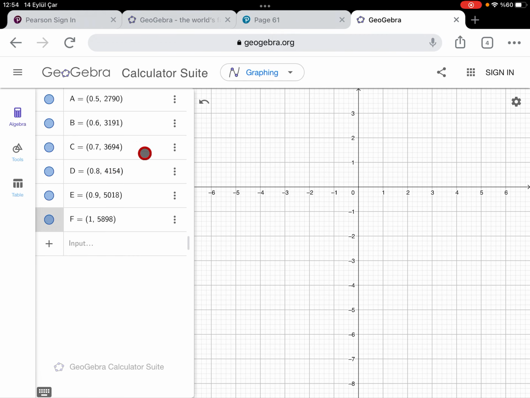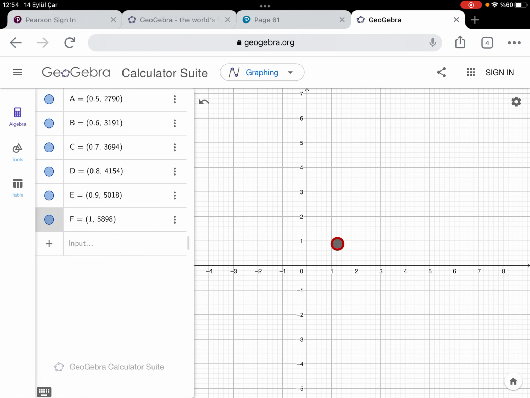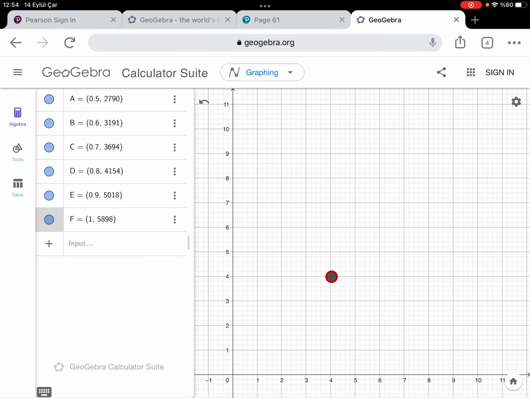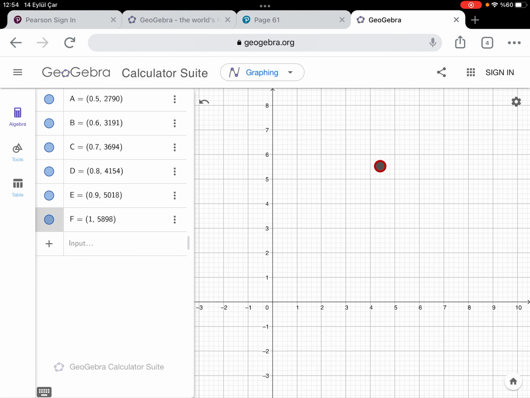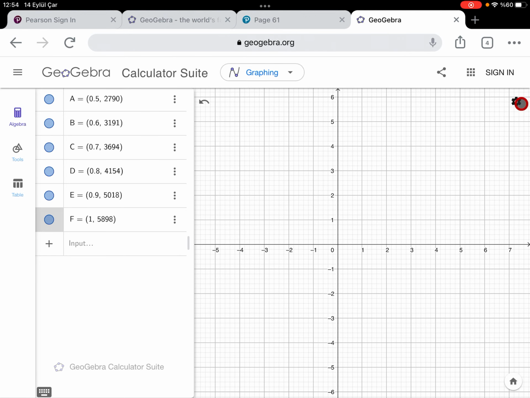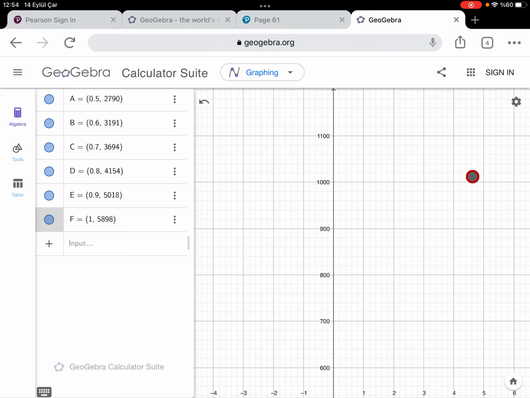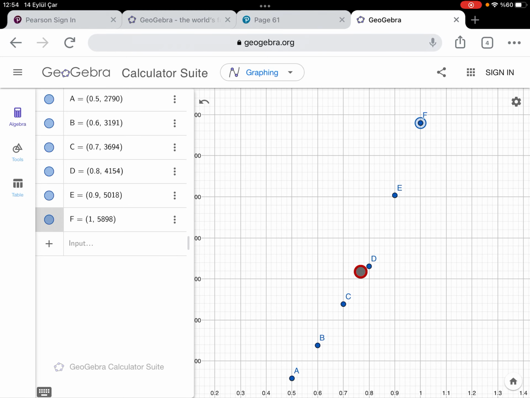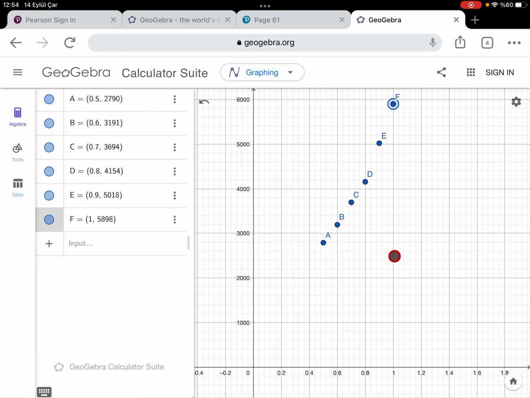So all of the points can be seen in the graph, but it is not scaled according to the 1 unit, as you see. So you cannot see that this value is on the graph somewhere far from the origin. Because of that, we should fit our graph by clicking the settings and zoom to fit. So these are our points. When the carat is 0.5, the price is that one. As you see, this is not scaled now. This length is 0.2, but this length is 1000.